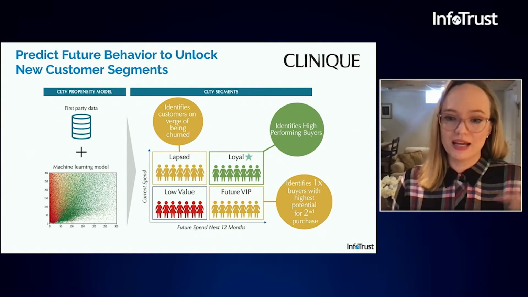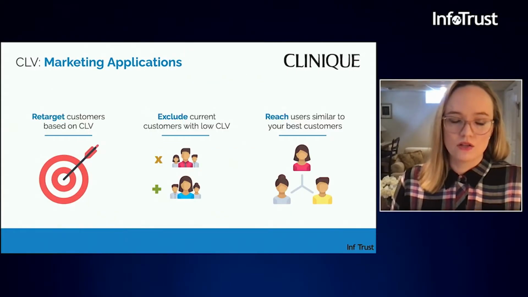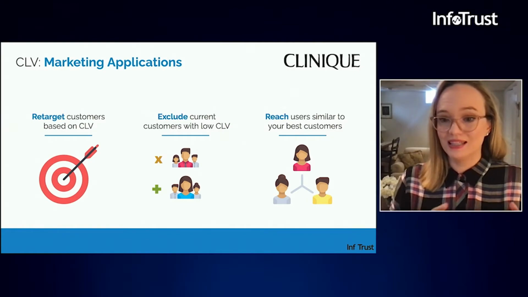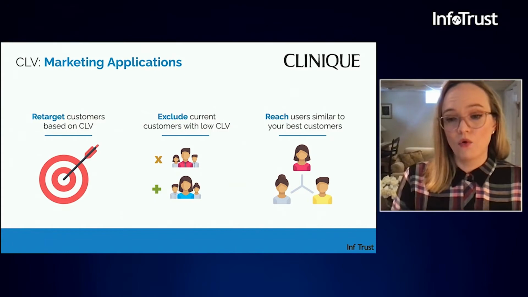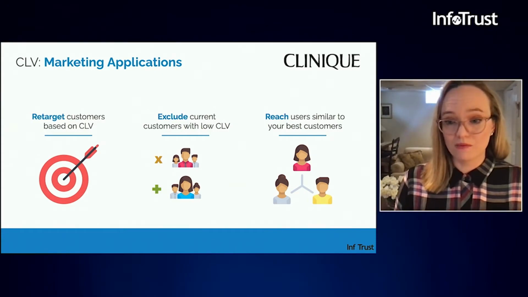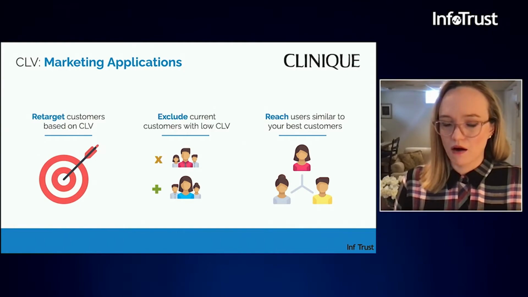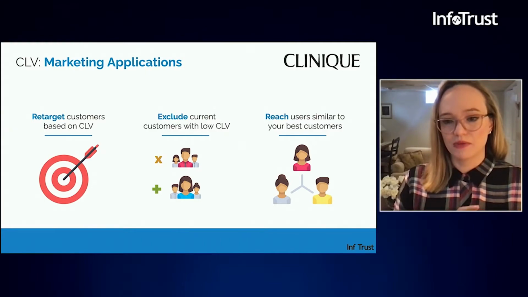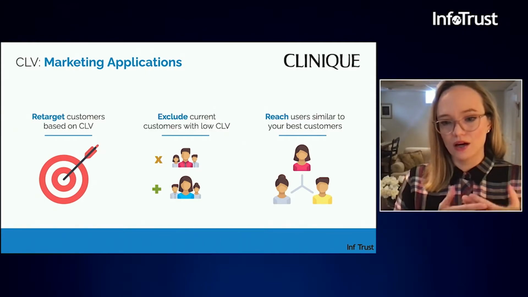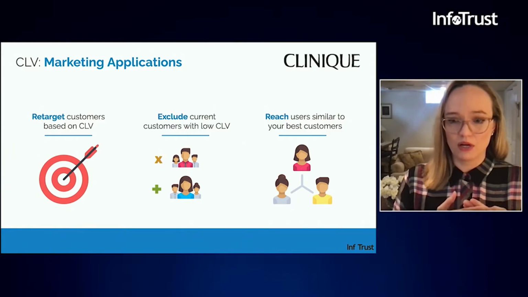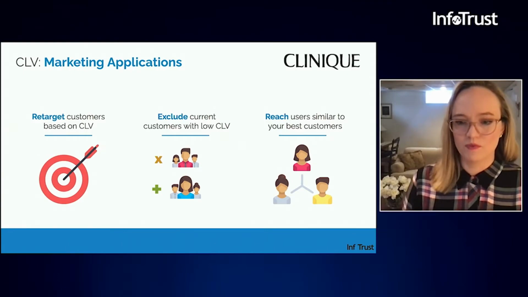So if we can go to the next slide, I can tell you how we operationalize this. With each of our marketing campaigns, we can take these new audiences, and whether that's paid or CRM or even old school things like direct mail, we can use these much better audiences to drive the campaigns. And the 3 main use cases today are, first, retargeting customers based on CLV. So when we first stood up the model, our very first test was in paid social media, and we went after directly targeting those high value loyal people in the top right quadrant. And we saw that it was very effective at finding those valuable consumers, and it uncovered people that you wouldn't have gotten from your basic CRM list.